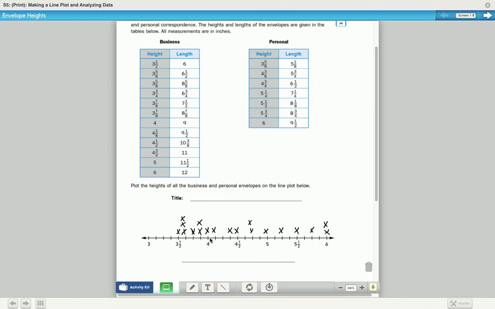So from between 3 and 4, we have 1, 2, 3, 4, 5, 6, 7, 8. So they actually cut them into eighths. So we are going to be marking as eighths. So everything that's marked as eighths as a denominator, it's going to be really easy to put on our line plot. If it's not marked as eighths, then you have to change it to an equivalent fraction to figure out